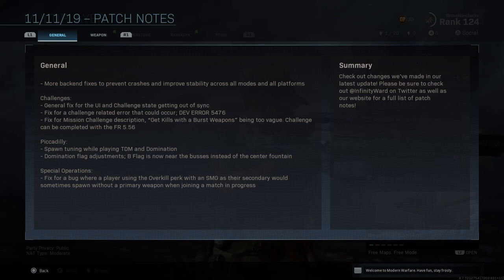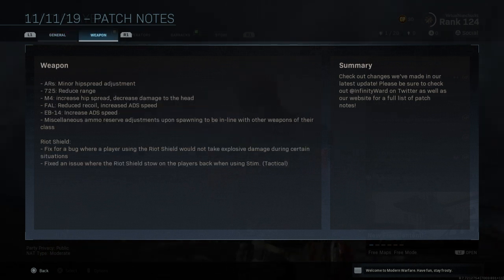Yeah, I recorded without a mic, which I didn't realize at the time. But they address some weapons balancing issues. For example, they've shortened the range yet again for the 725, for those of you who are complaining about OP shotguns and OP weapons. I don't get it, man, because the M16 was always OP in Call of Duty 4